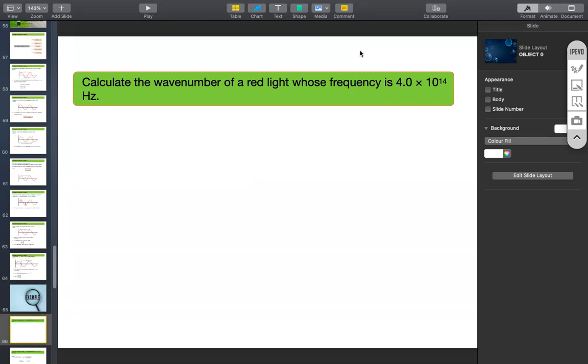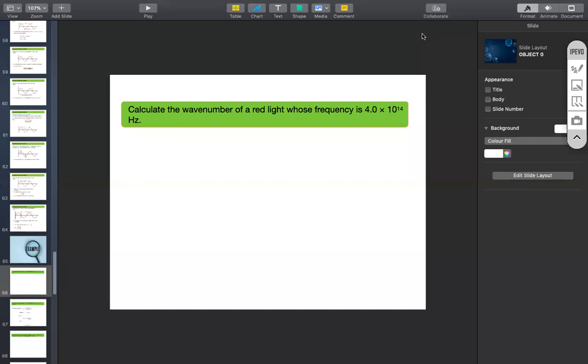Wave number is nothing but 1 by frequency. That's it. Sorry, 1 by lambda. Calculate the lambda. Zayan got the answer. No, Zayan, not correct answer. Think again. So sorry, I confused it with wavelength. Do it fast.